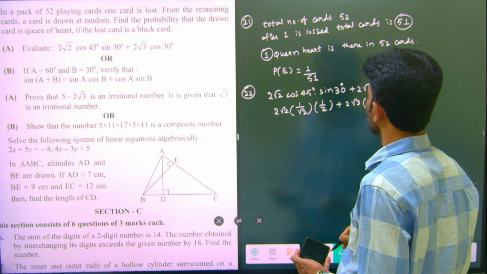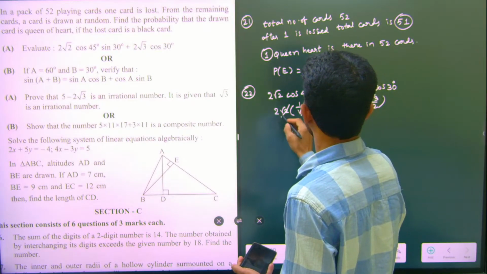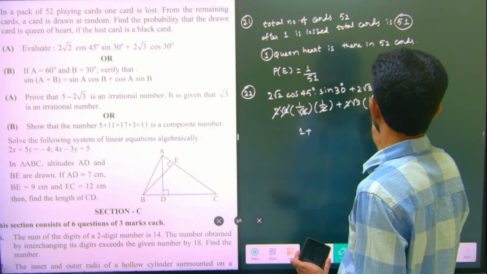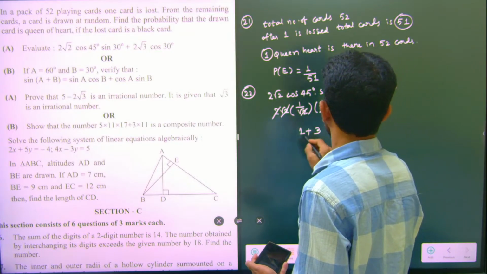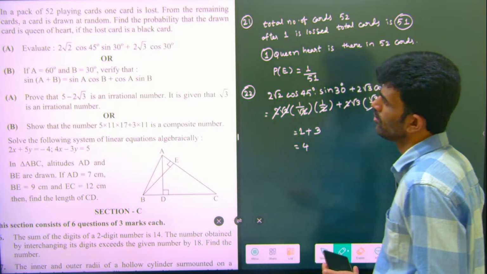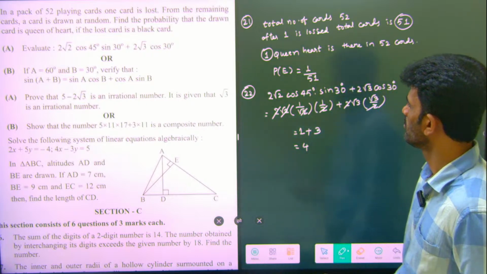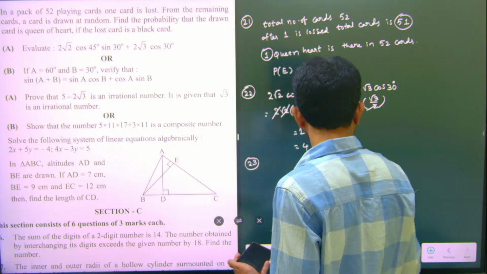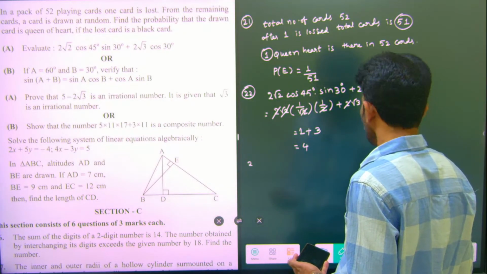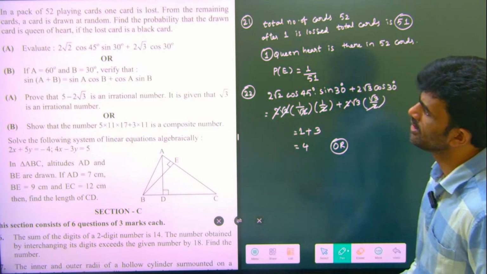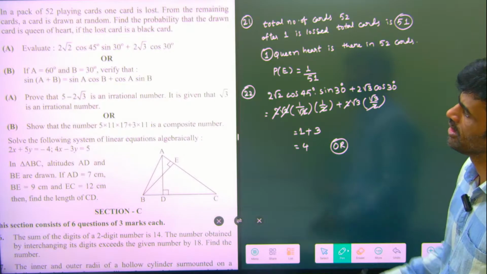Now we should do simplification carefully. Root 2 cancel, 2 cancel. So it is 1. Here 2 cancel, root 3 into root 3 is 3. So it is 1 plus 3, 4. Now the next question. Every time we are seeing one question like this, but here they are asking